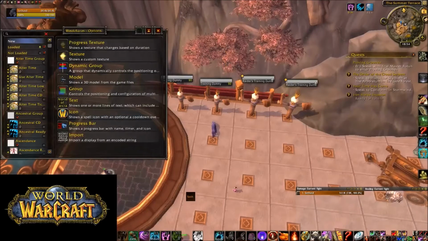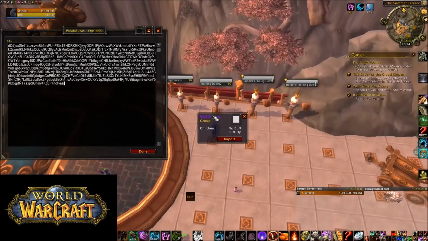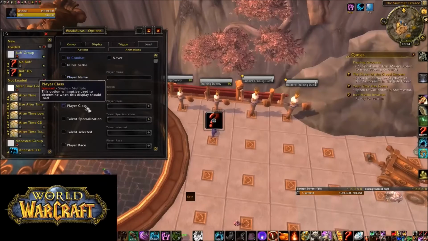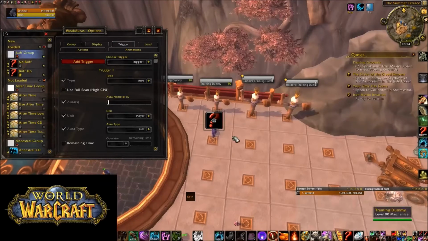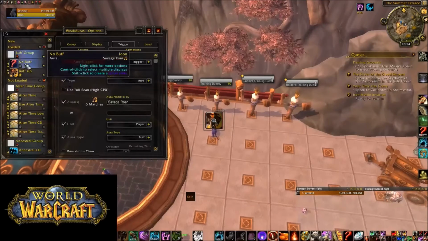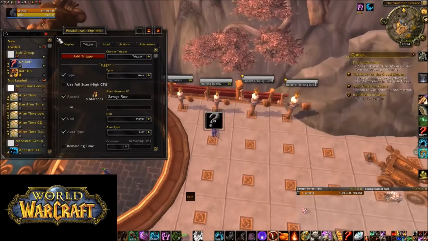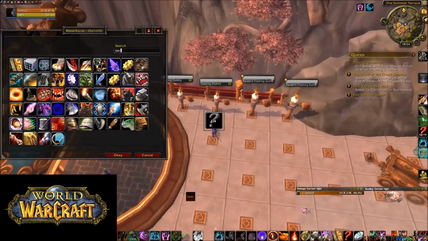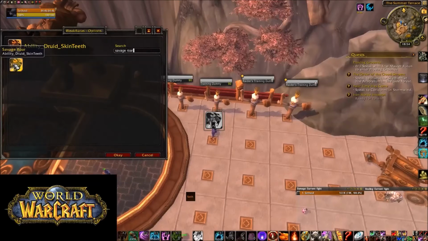Open up WeakAuras, copy the template, click Import, paste, and you should see Buff Group, and just click Import. Again, go to the group, go to Load to set this up to only display for Druids, go to Trigger to tell it to track Savage Roar. We don't have the icon, so click on the one without an icon, go to Display, choose the icon, Savage Roar, select that,